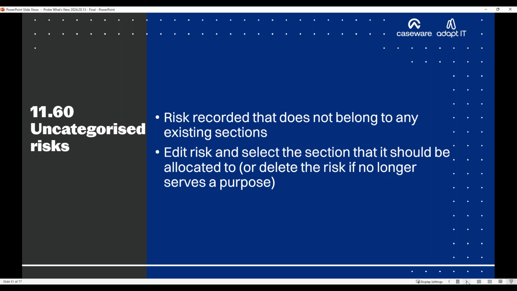Uncharacterized risks, a new functionality to say that when you are recording risks or you have recorded risks that no longer belong to any existing sections, maybe you've deactivated that section, those risks will now be highlighted by a separate section right at the top of 1160 to say these are uncharacterized risks. They don't belong to any active sections. You can then either delete that risk if it's no longer serving any purpose, or edit it to select a relevant section. Right, so that's just a nice user-friendly